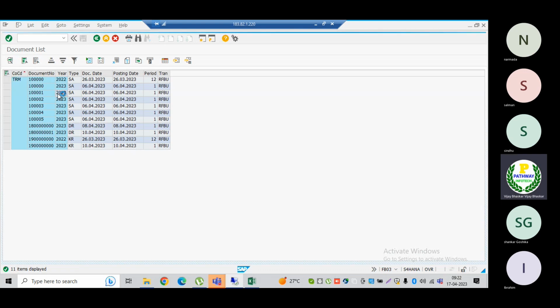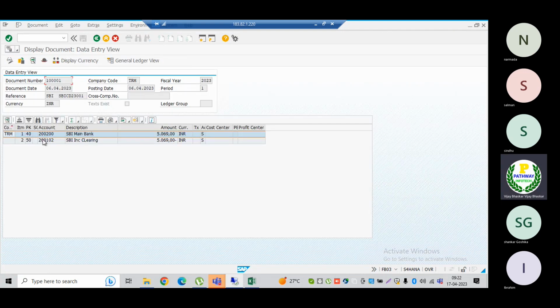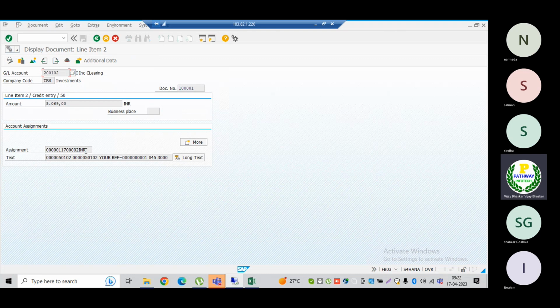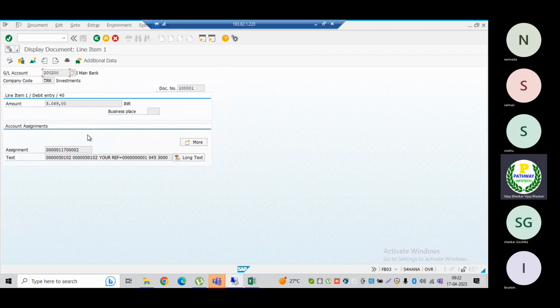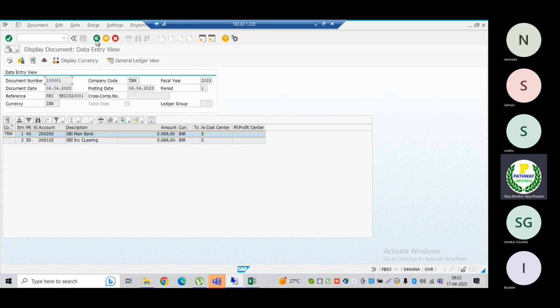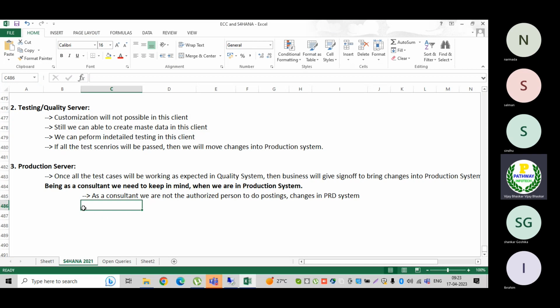Let us assume they ask to do some changes in this document, some description changes. Then we should not encourage doing the changes. We will tell them, you can do it yourself. Whatever changes they want, let them do it themselves. We should not do any changes in the production system, especially the production system.